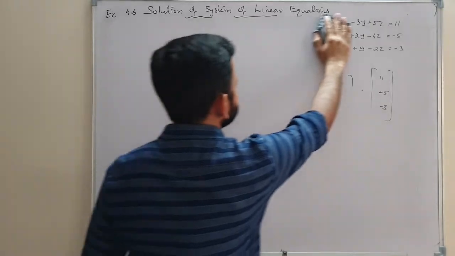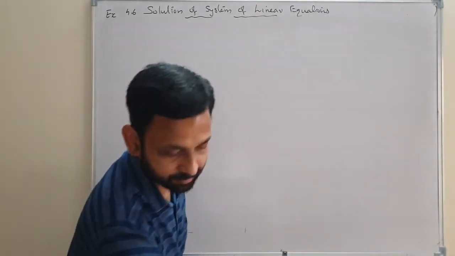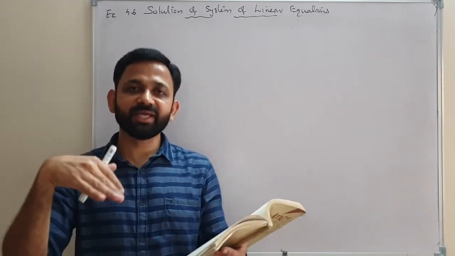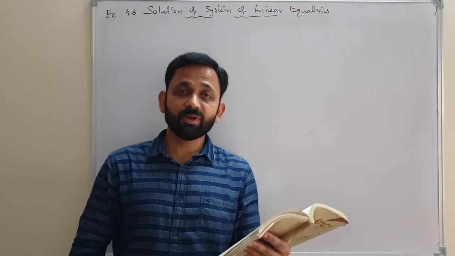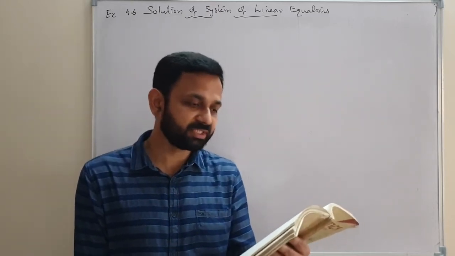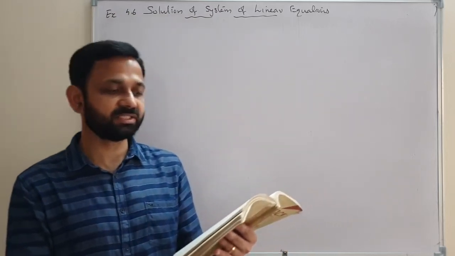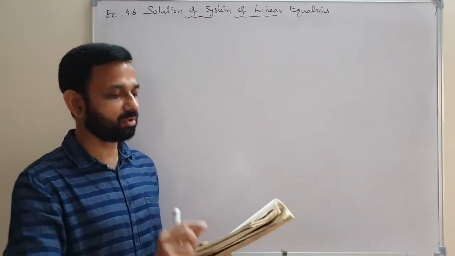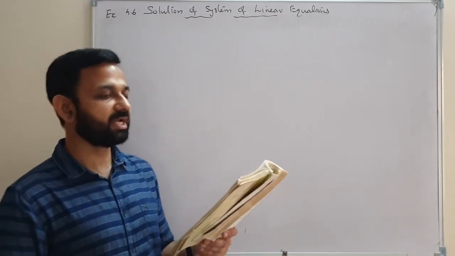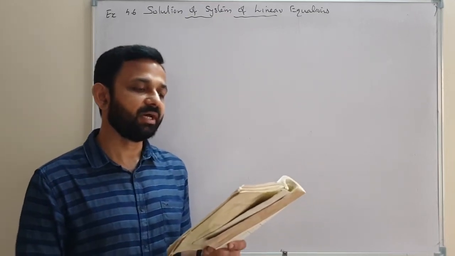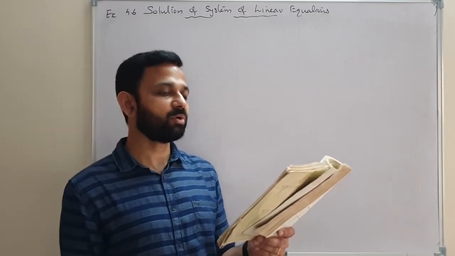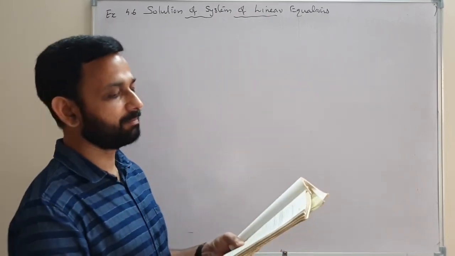Now we have one more question. Question number 16, that is a word problem. In examination we can expect a word problem. A word problem we need to convert into algebraic form. The cost of 4 kilogram onion, 3 kilogram wheat and 2 kilogram rice is 60 rupees total cost. Similarly, the cost of 2 kilogram onion, 4 kilogram wheat and 6 kilogram rice is 90 rupees. One more case is given, 6 kilogram onion, 2 kilogram wheat and 3 kilogram rice, 70 rupees total cost. Find the cost of each item per kilogram by matrix method.